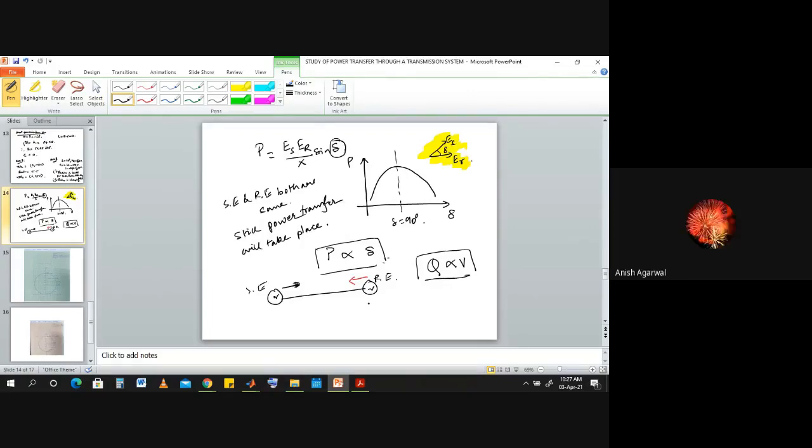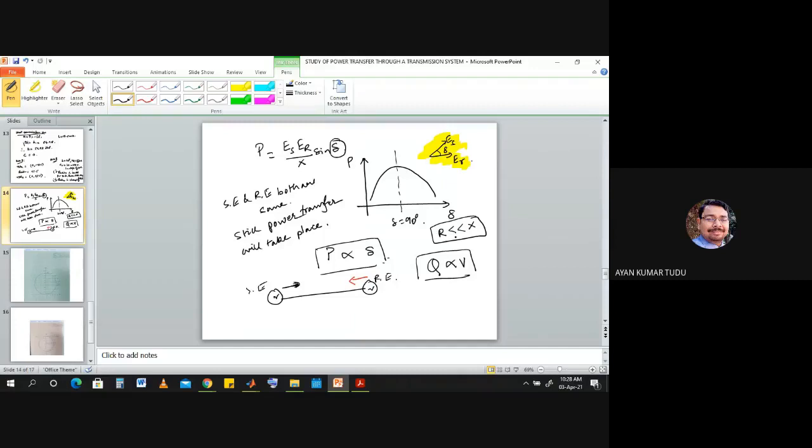Understood? Okay. So that is what we are inferring from this portion. Again, we have taken the value of R to be negligible, meaning we have taken that R is very much less than X. Why? I have said this in the class also. Why have we taken this assumption? In our class of power system performance, I have said this also. Why is it so?